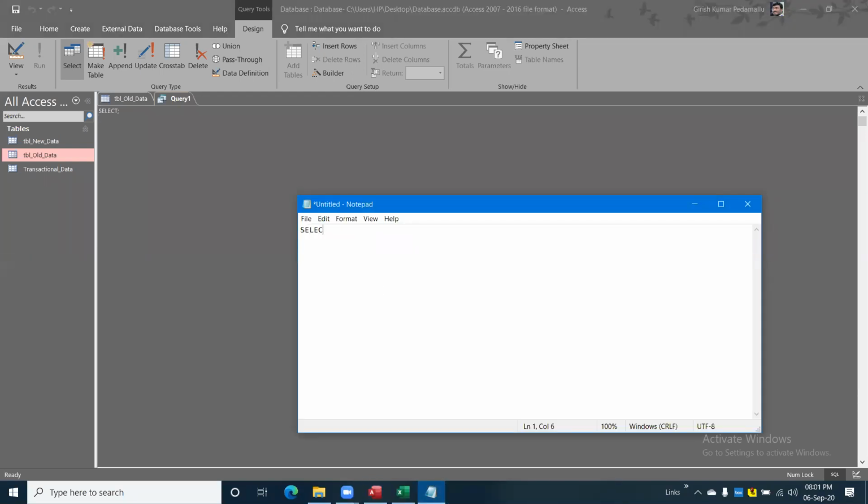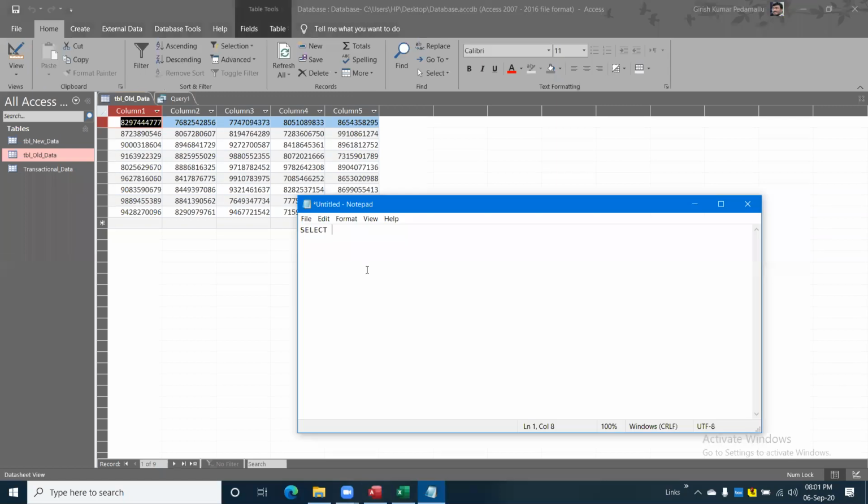I'm writing a select statement. What column do I need to get? First, I would like to club all these 5 columns into one column. First I will write select column 1. Whatever the field name present, you need to write the same thing over here.